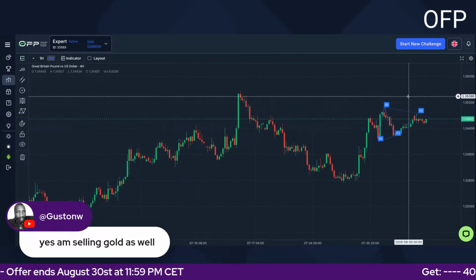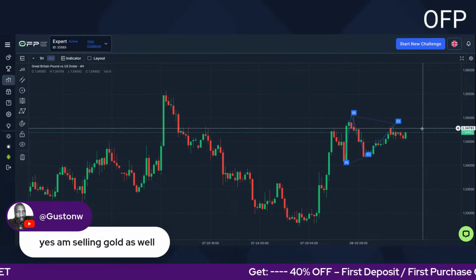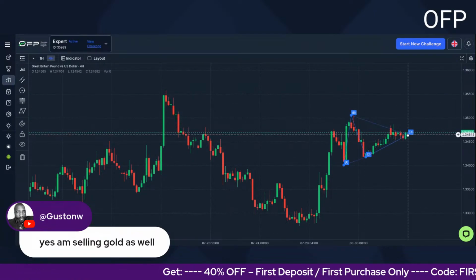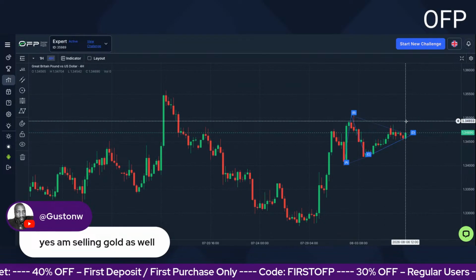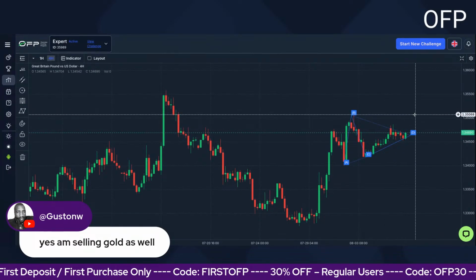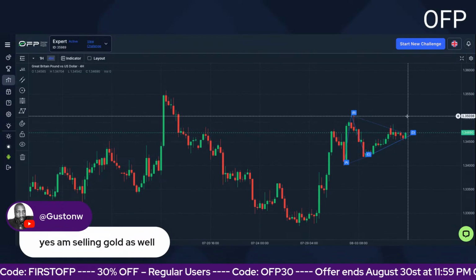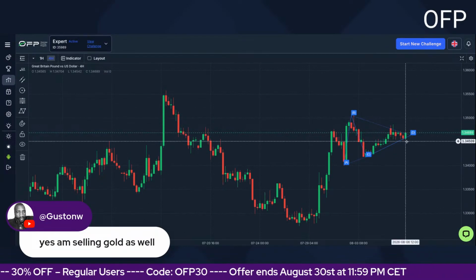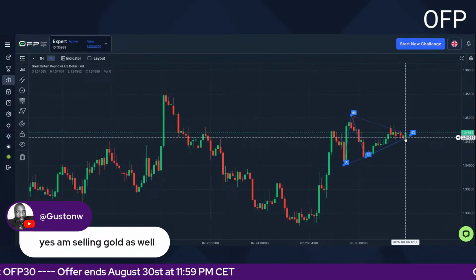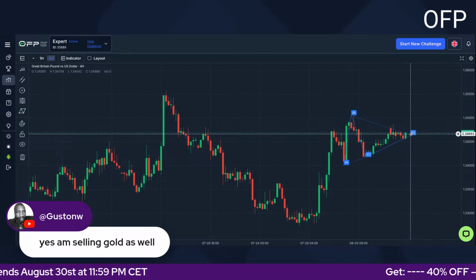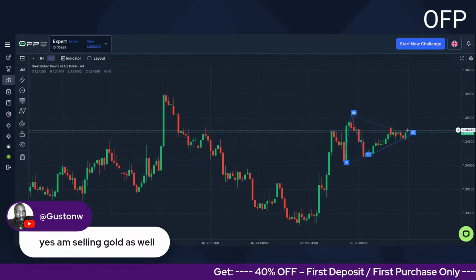So this is what is currently happening. It's like a bullish flag coming like that, but more like this. So it seems like we might break to the upside. Then when NFP comes, it might push to the downside. So this is what I'm anticipating: a push to the upside slightly, then coming to the downside, because that's usually what happens. It's usually a break, retest, and then crash. Not a break, retest, and then going up.